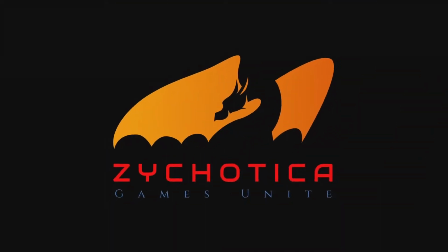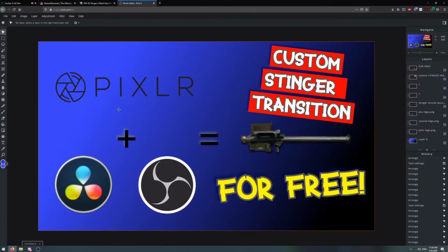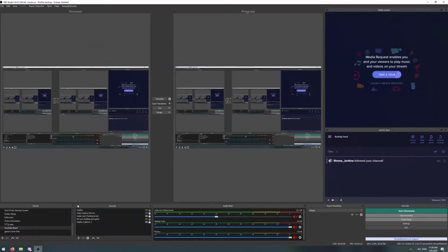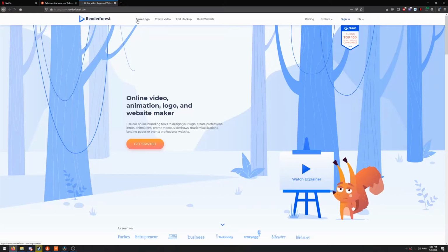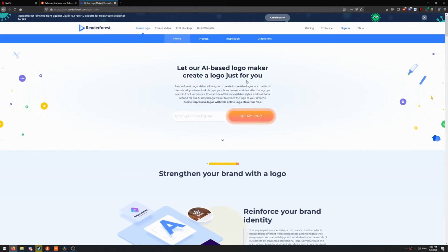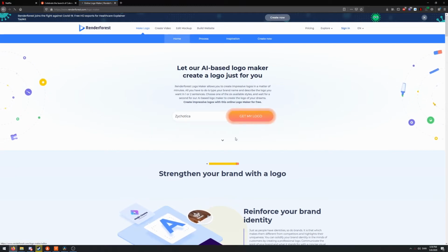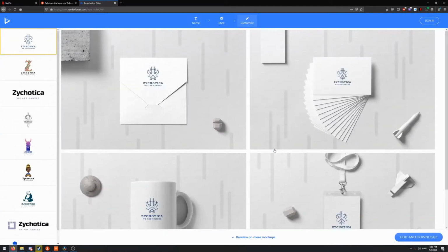So when we want to make a stinger transition with this method, we basically need three programs. Something that I'm not gonna cover in this particular video is that you also need to have your logo on hand. You could probably make one out of basic shapes and some text in PIXLR. So if you guys want a video on how to make your own logo in the future, let me know in the description. For this video I am using my own logo, and with own logo I mean that it was something that was generated through a site called Render Forest, and I will put a link to their website